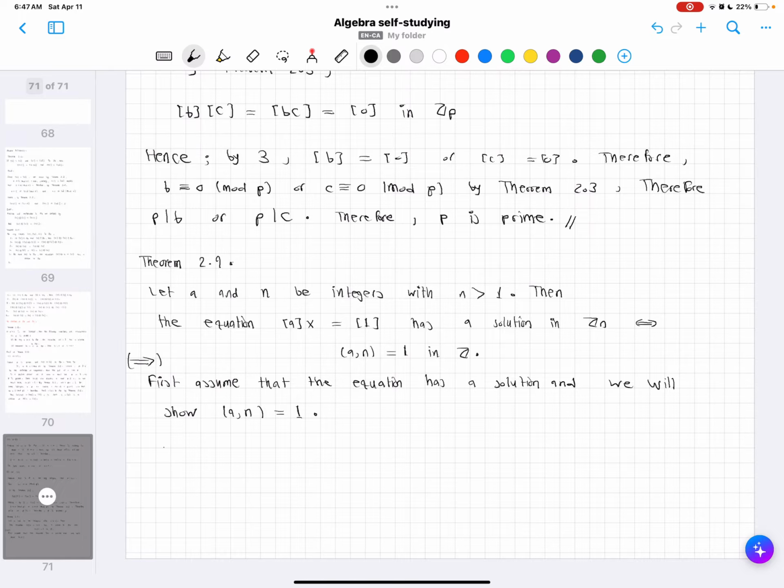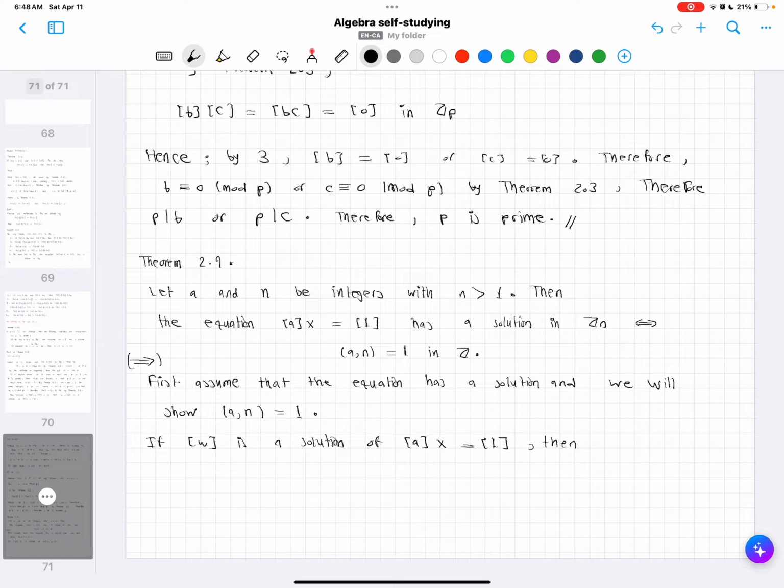So first, if w is a solution of a times x is equal to 1, then